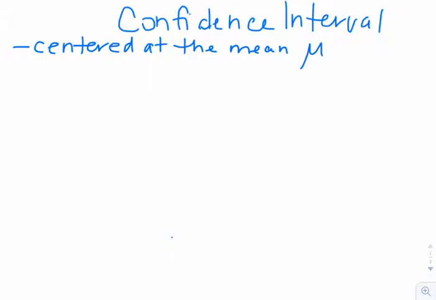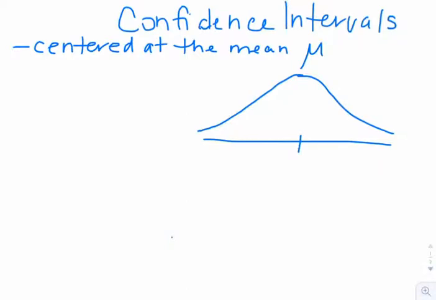Okay, we're going to look right now at confidence intervals in preparation for section 8.1. So confidence intervals, we're going to be looking at normal distributions, and we're going to be looking at values, a range centered at our mean. So let's take a look at a sketch of a normal curve. Our mu mean is at the center. So what we're interested in doing is finding an interval centered at the mean that contains a certain amount of